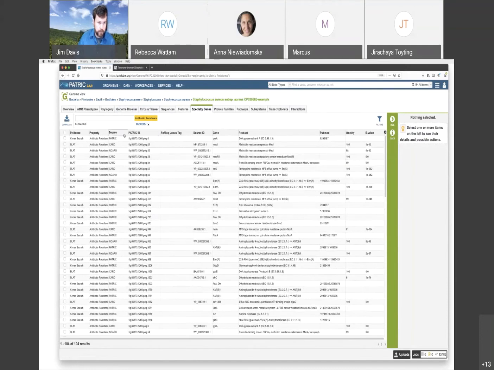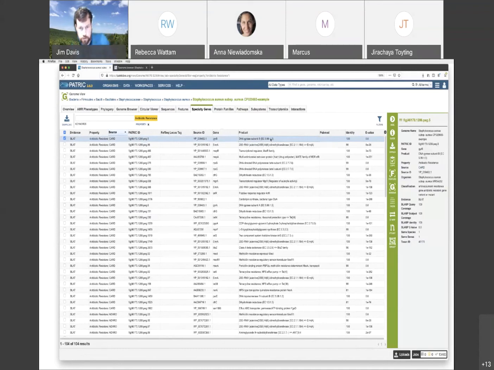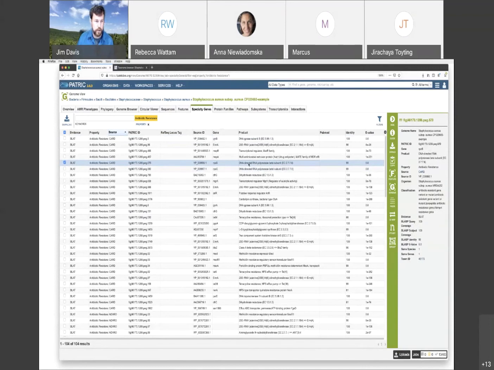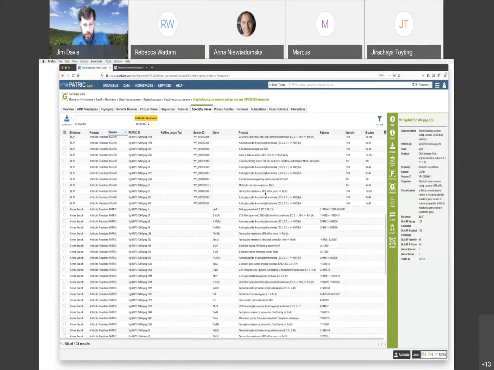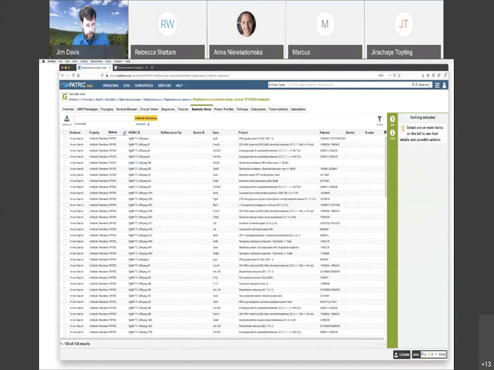If we wanted to look at CARD first, the match is based on BLAT. CARD gives you the percent identities, 100%, and this is gyrase, which is usually involved in resistance to fluoroquinolones, like ciprofloxacin, for instance. Here are the polymerases, which are involved in resistance to rifampicin and so forth. So you can go down through here and look for your antibiotic resistance genes. And you can compare the sources of those